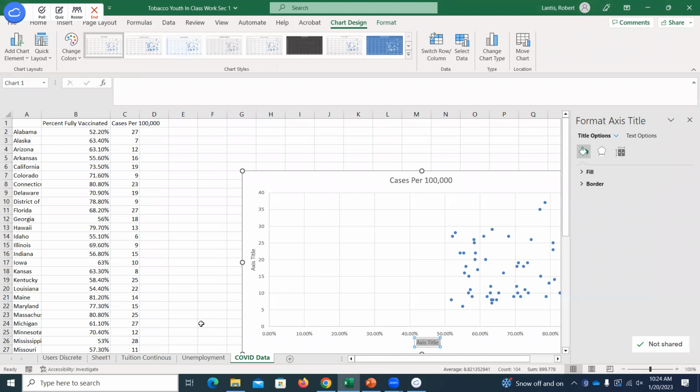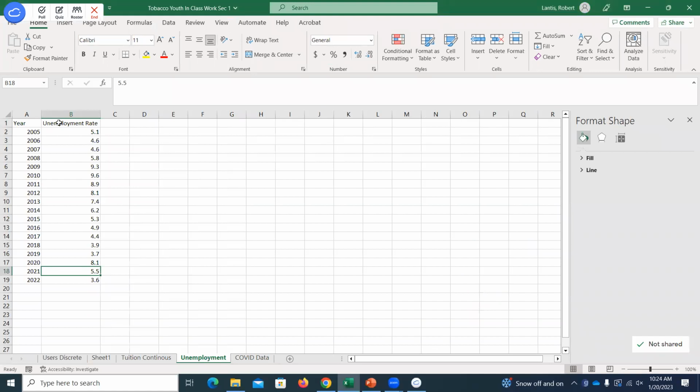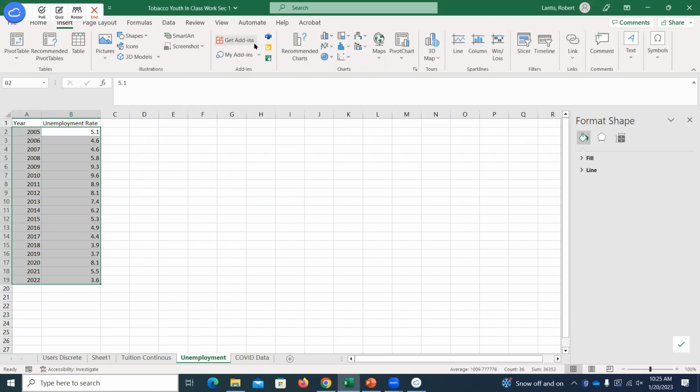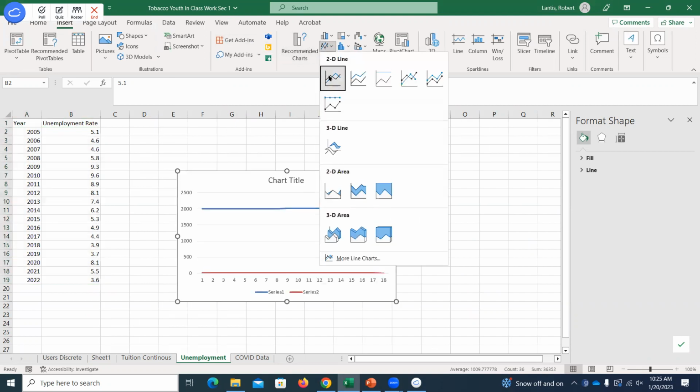So if I go into that Excel document again, instead of the COVID data, let's go over here to unemployment. All right, so I've got the unemployment rate in the US for the last 17 or however many years here. What I'm going to do is select my unemployment rate. And you might think you could select the year and the unemployment rate, then go to insert a line graph. The problem is, if you do it this way, it treats the year like it's a different variable. It's not going to simply use it as your x-axis values. Ideally what we want from this time series graph